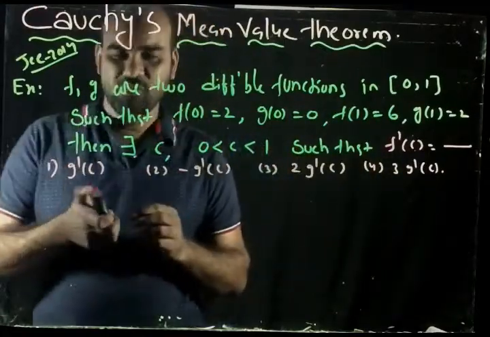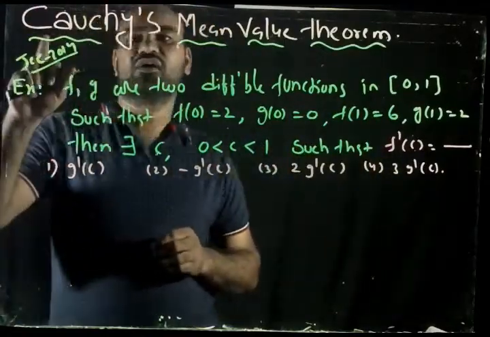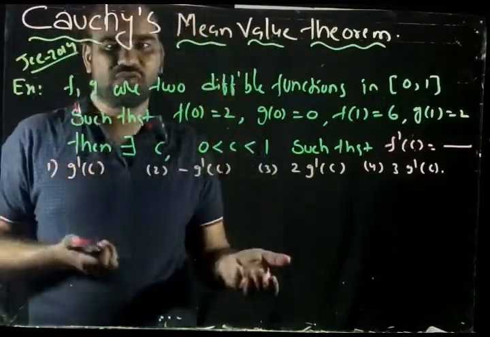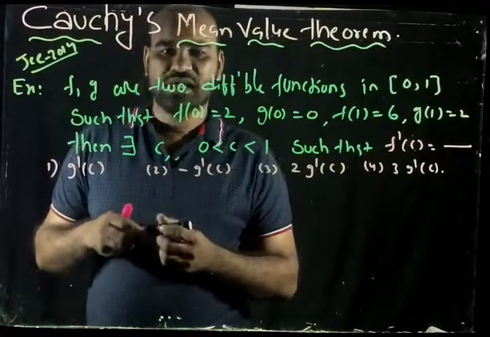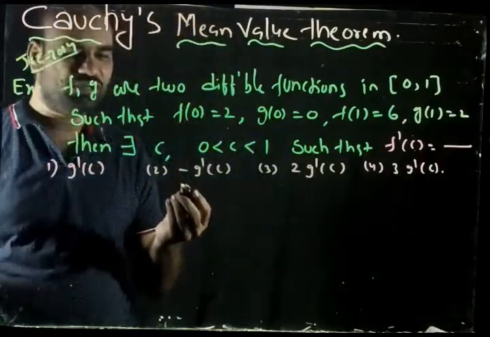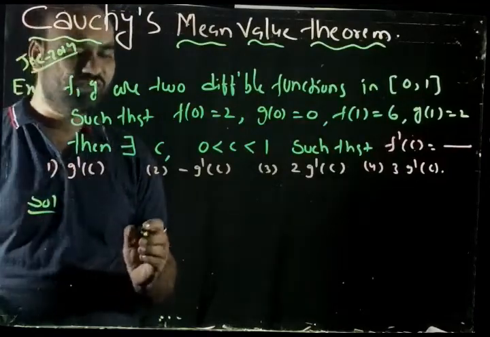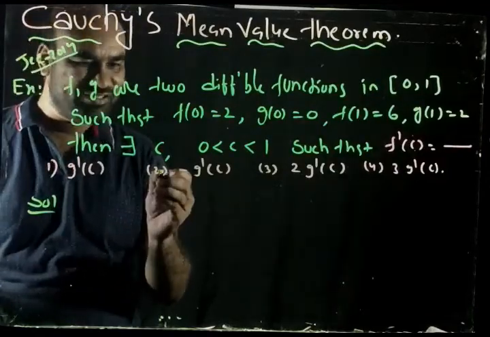By seeing this problem, we can conclude that we can use Cauchy's mean value theorem. Without using Cauchy's mean value theorem also we can solve the problem; two times we need to use the Lagrange mean value theorem. Okay, directly I am using Cauchy's mean value theorem. Solution. According to Cauchy's mean value theorem, there exists a c